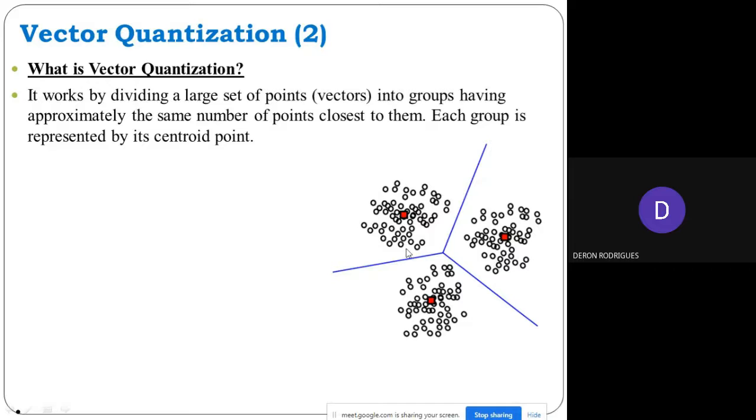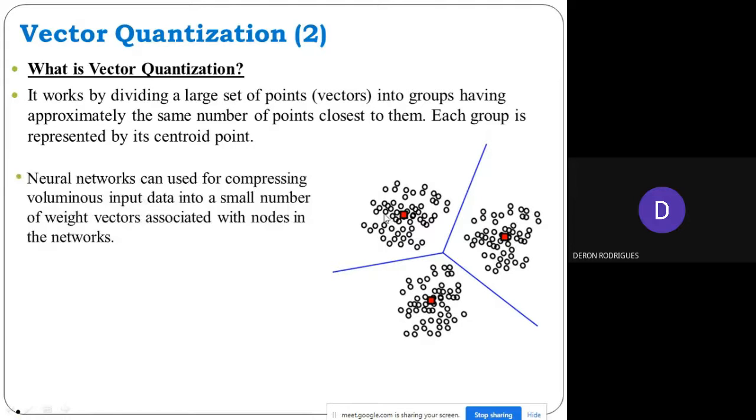So they are finding the centroid of all the points, and any of these patterns will be represented by the centroid point. Okay. So the neural network can be used for compressing voluminous input data into a small number of